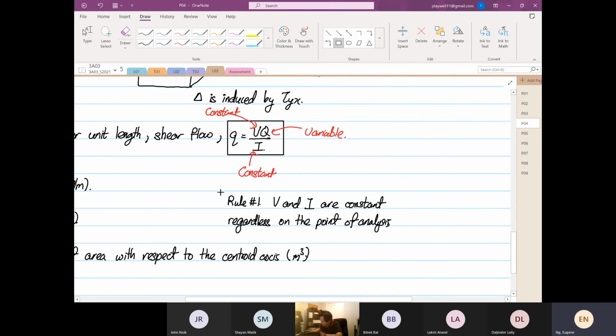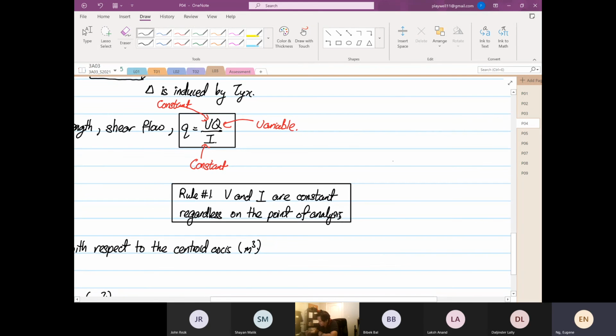So what does it mean? If you are analyzing at different cross-sectional points, so for example, if we have a T-beam, this is a cross section. If you want to find out the shear stress at point A or the shear stress at point B,